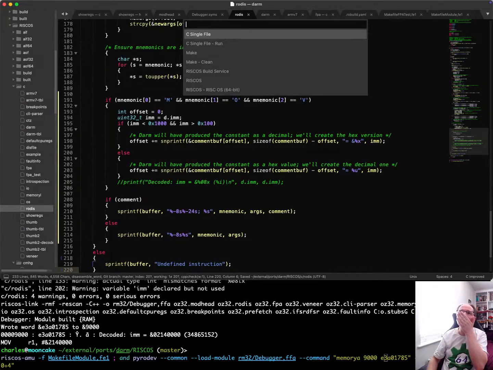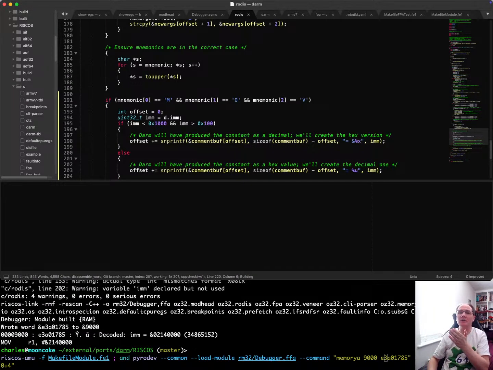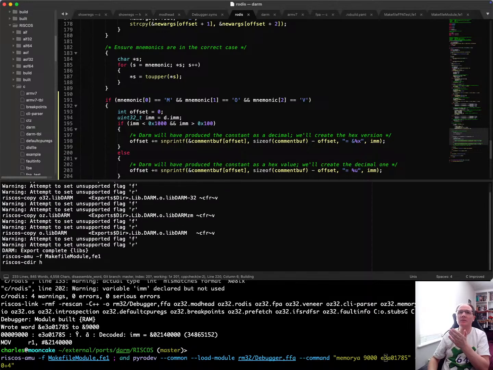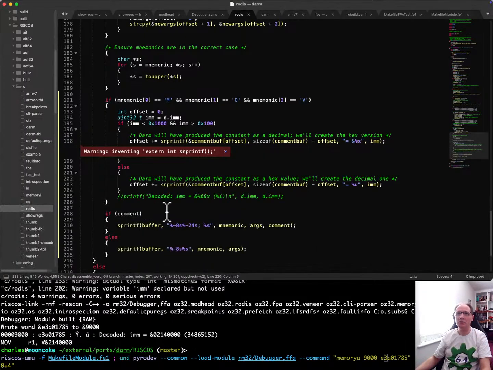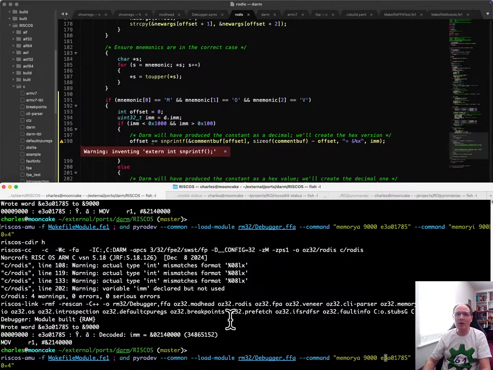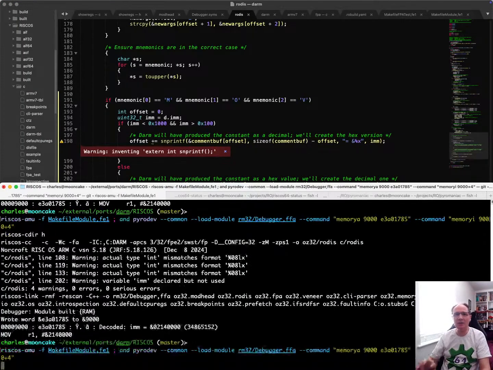Build it. Oh, that probably won't work. Just try that. Oh, that did work. And it came up with a nice warning telling me that's broken. Cool. I'm not going to worry about that. SNPrintf isn't an issue for us right now. But if I do this now,